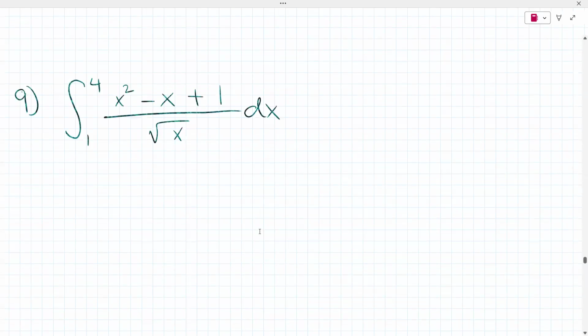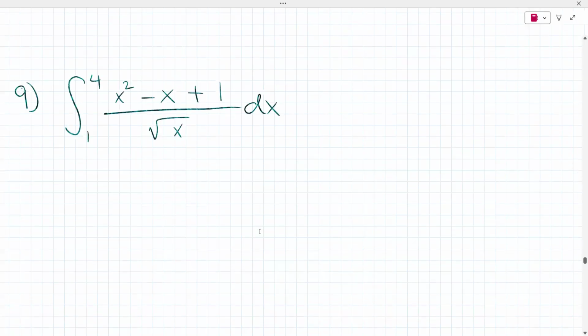Let's move on to number 9. And so number 9, we have the integration from 1 to 4 of x squared minus x plus 1 all over square root of x. So the first step is to rewrite everything in power form. Square root of x is the same thing as x to the 1/2. So just divide each term by x to the 1/2, right? So this is going to be x squared over x to the 1/2